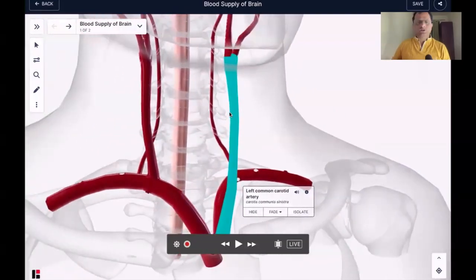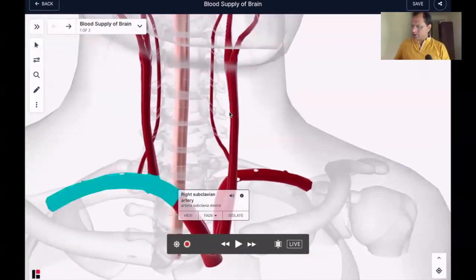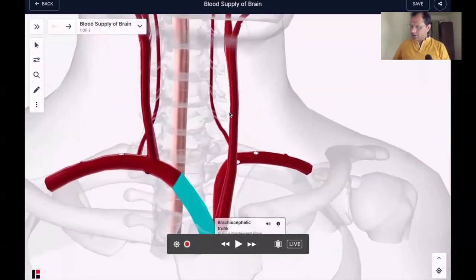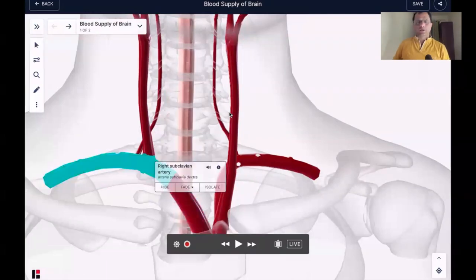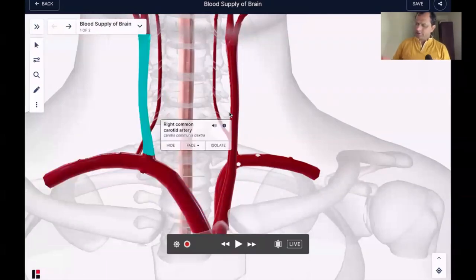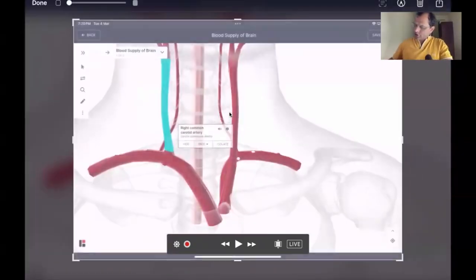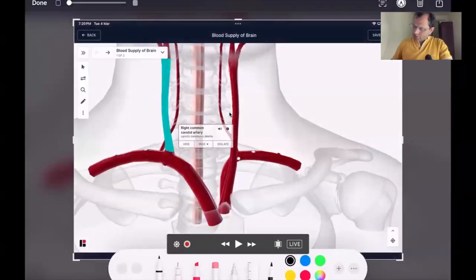But the right side has only one artery. ये तो one ही है, केवल एक ही है. तो अब इसने क्या किया, इसने सोचा यार ये तो गलती हो गई, चलो हम भी दो बना देते हैं. Let me make two. तो इसने फिर से वो दो बना दी. कौन सी बना दी? Subclavian artery and common carotid artery. यानी ब्रेकियोसेफेलिक आर्टरी बन तो गई थी, लेकिन उसने सोचा यार गलती हो गई, चलो अपनी गलती को सुधार लेते हैं, और इसने वापस बना लिया. So now we can see here on the right side we have